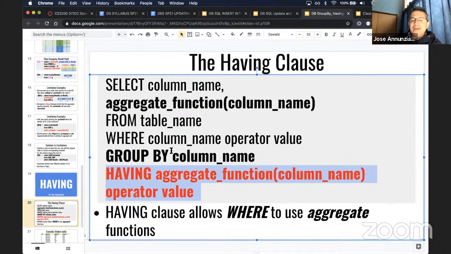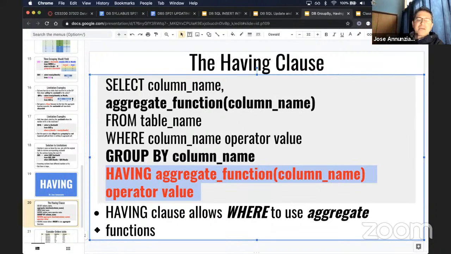This happens after the group by, meaning where happens, the group happens, and then you can have an aggregate, but before the select statement. So the group happens, then you provide the aggregate functions, and then you can use it as part of a predicate that allows you to filter which records